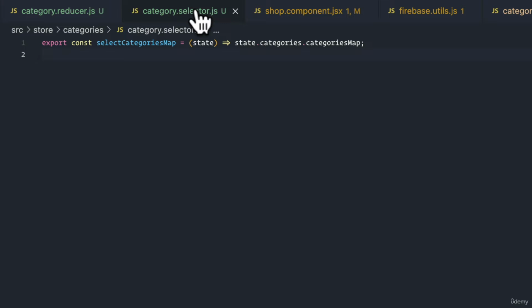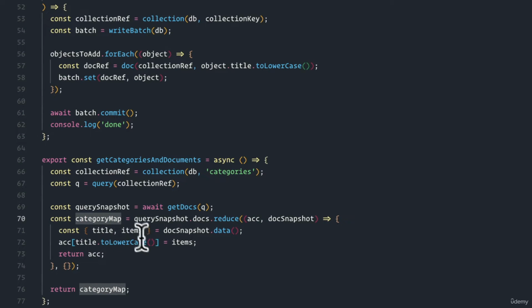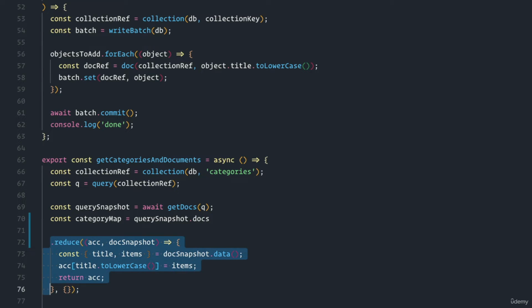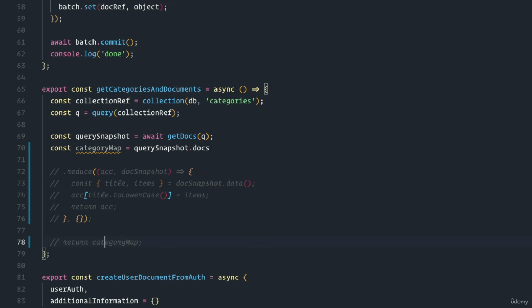And the first thing that we need to do is we need to simplify the Firebase utils method that actually gave us our category map before. So here what I'm going to do is instead of generating the category map as we've done up until this point, I just want to comment this out for now so that we keep a reference to it. What I'm going to instead do is say, okay, instead I just want to return query